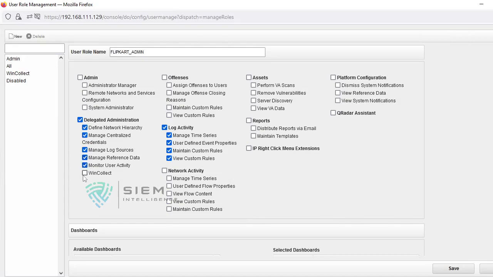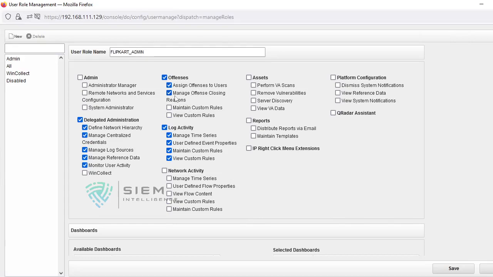He can manage WinCollect of his domain. He can do all these things, but he cannot view the custom rules or maintain custom rules. Okay, he can only assign and